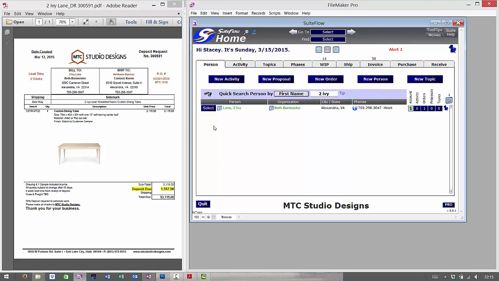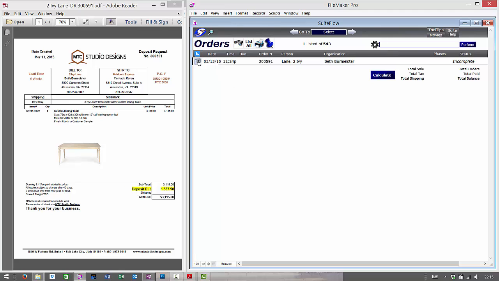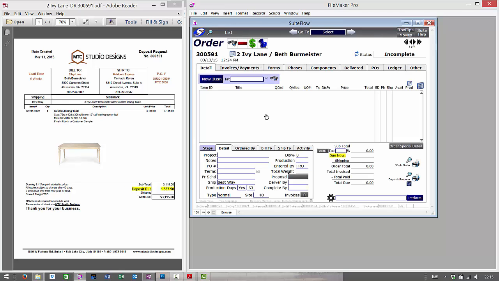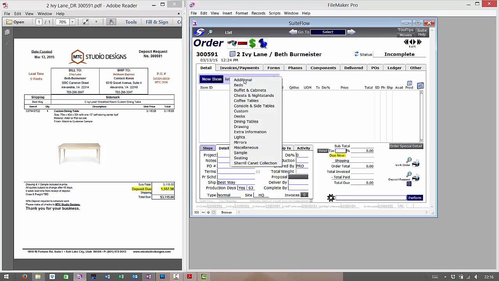Normally to make a new deposit or a new order, you're going to select the client and then push new order. I'm going to come over here because this order has already been made. When you add in a new product line or item, you need to make sure that one of these selections is chosen. Beds, buffets, chess, coffee table, console, desks, dining tables, lights, mirrors, miscellaneous, and seating are all